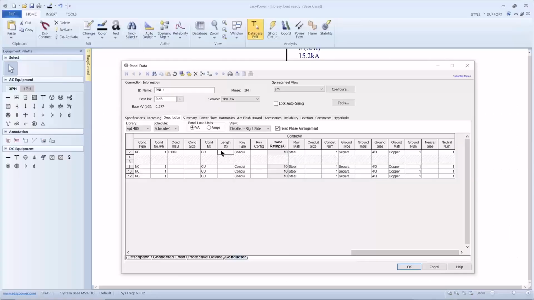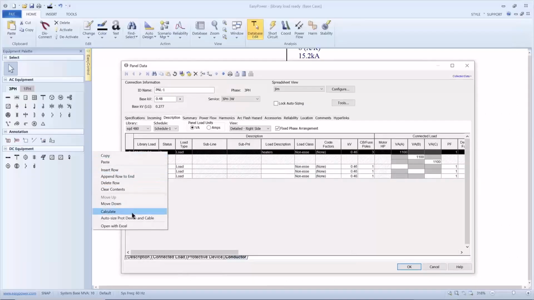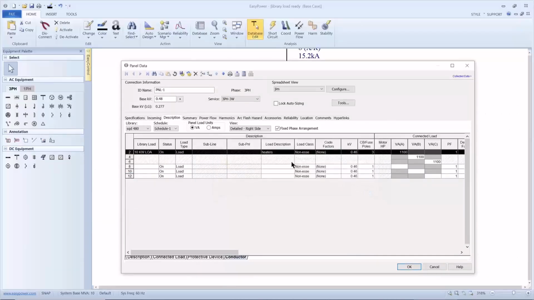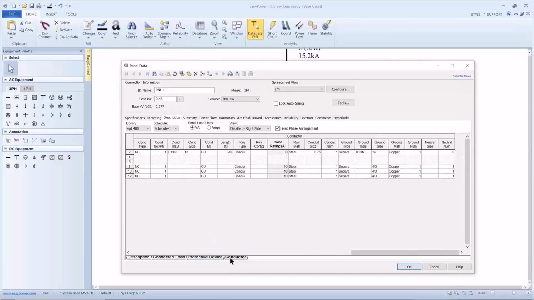So if I put my length in here, let's say this is 200 feet, I'm going to right click and auto size it. And it set us up with a number 12 AWG. Now, once I've populated my load, and again, this is relatively easy to change or expand or even delete or replace,